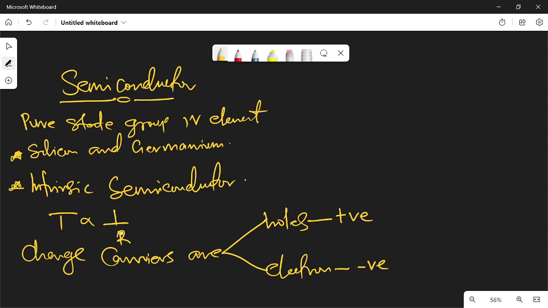And this is something that examiners always ask. An examiner can ask you: what is the relationship between conductor and semiconductor? For a conductor, the higher the temperature, the higher the resistance. For a semiconductor, the higher the temperature, the lower the resistance. Do you understand that now? And the charge carriers for semiconductors are holes and electrons. Holes are the positive charge carriers, and electrons are the negative charge carriers. I hope you understand that now. Okay?